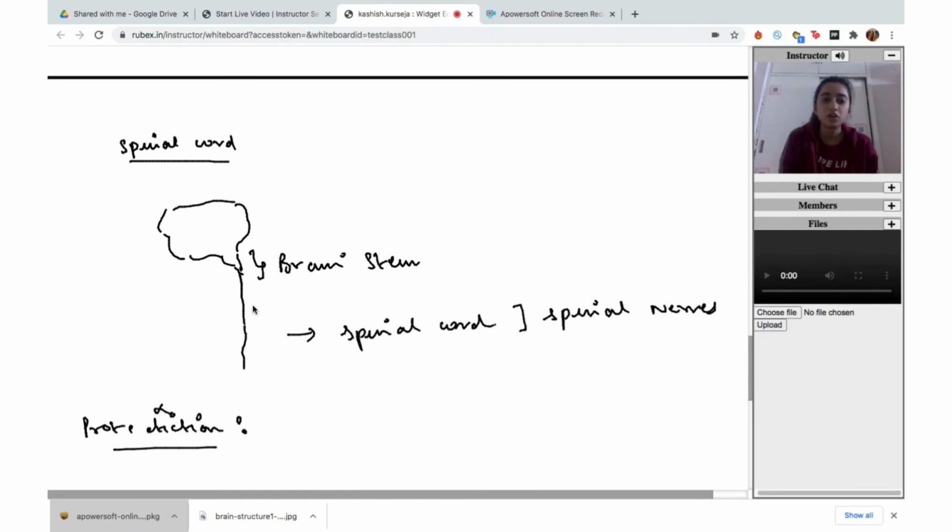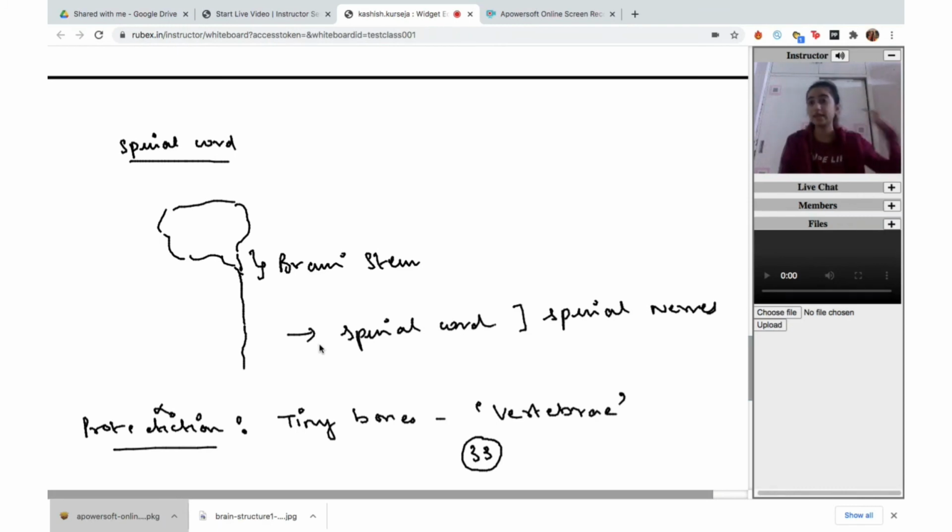Okay, so how is the spinal cord protected now? So there are some tiny bones going by the name of vertebrae. And how many of them? 33 of them. 33 vertebrae are actually extending from your brain stem to your lower back. Okay, so they extend from the brain stem